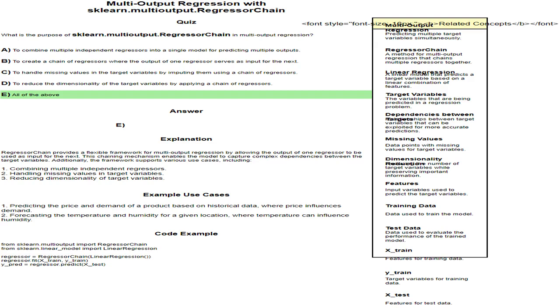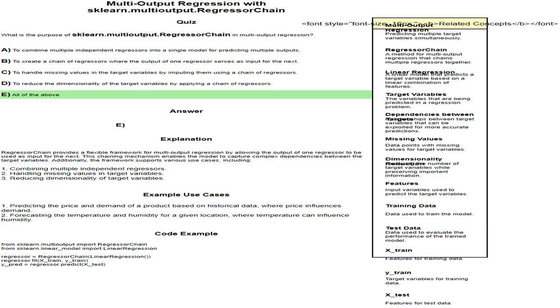Regressor chain provides a flexible framework for multi-output regression by allowing the output of one regressor to be used as input for the next. This chaining mechanism enables the model to capture complex dependencies between the target variables. Additionally, the framework supports various use cases, including: